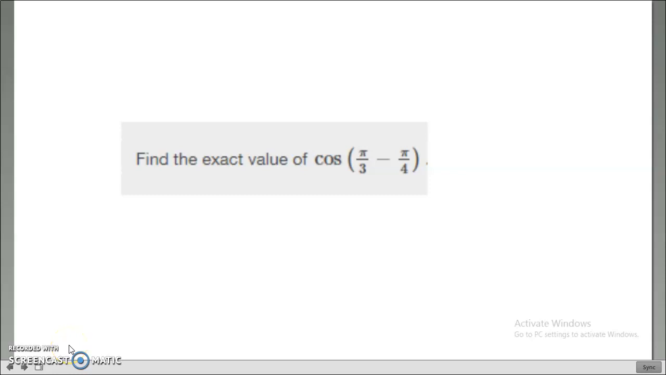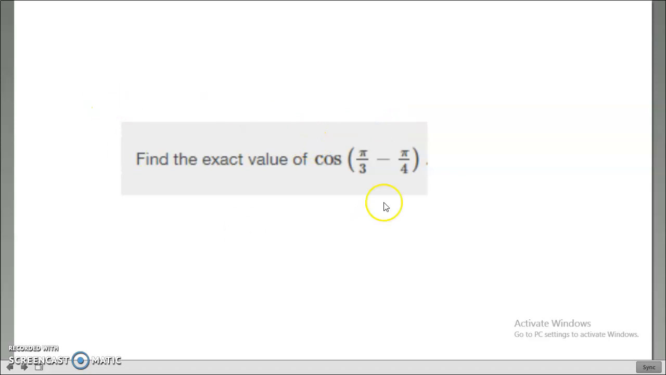Let's look at sum and difference formulas. So I have an example here. It says find the exact value of cosine of pi over 3 minus pi over 4. Now, notice it says exact value. And so exact value means I want what it sounds like, the exact value. A calculator answer is going to give me this decimal that continues, and we don't want that because that's